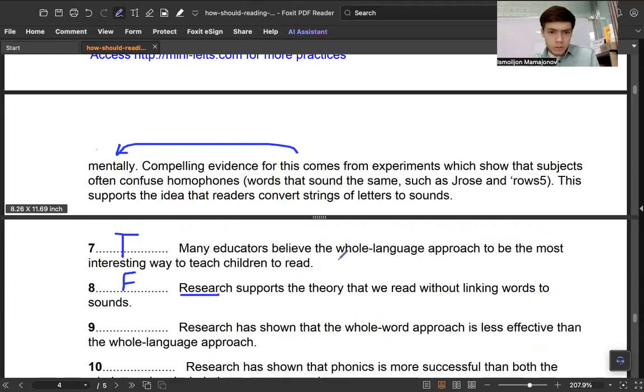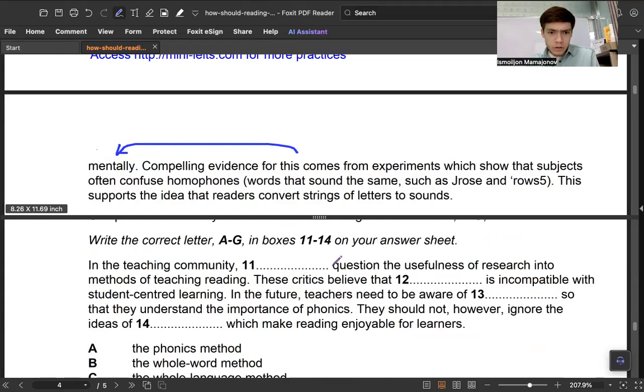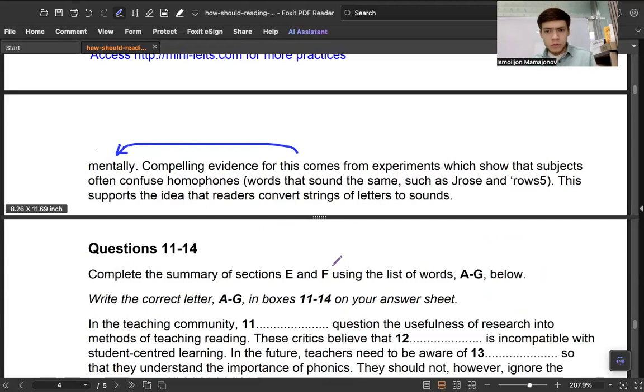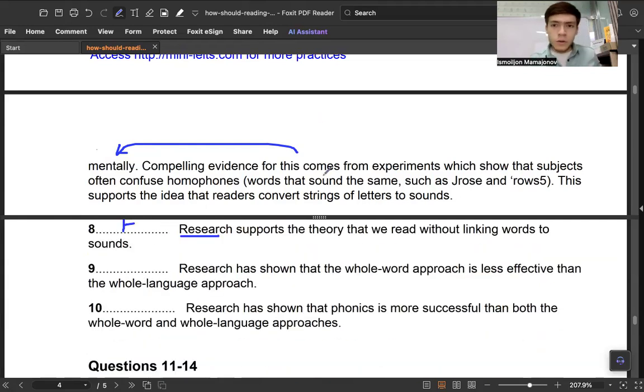Do we have answers for this one? In teaching community, there are no, not about teaching community. So let's keep going. As you see, I just read the paragraphs and answer. Some experts, reading experts, usually read one paragraph and answer all the questions. It's also a good method, but if you have a little better comprehension, or let's say if you have more time in the IELTS reading, you can do what I'm doing. Just do what's comfortable for you.